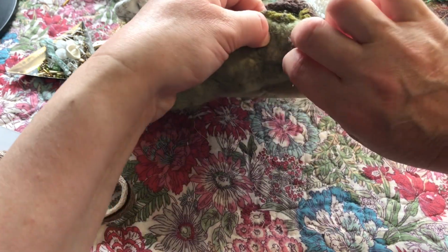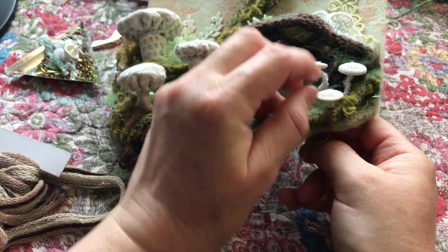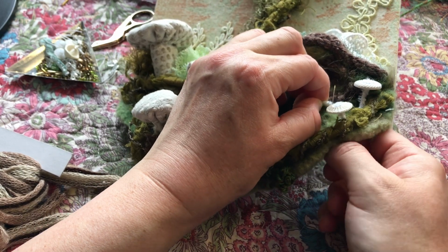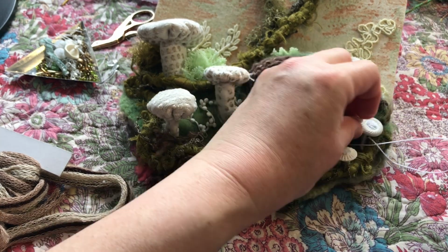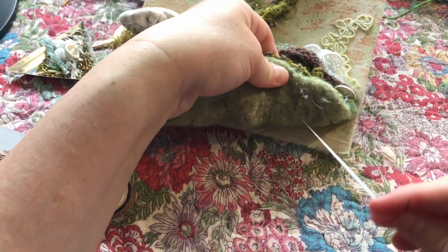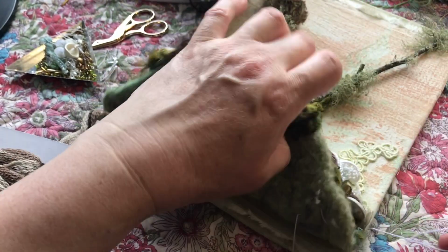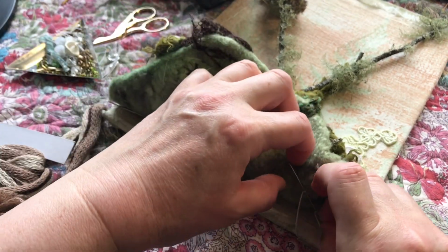So back down through the felt. And then just back up through it again. And then back down through it, and then that's probably enough stitches there. So I'll just put it down flat to make it easier for me to get underneath and put the, ouch,